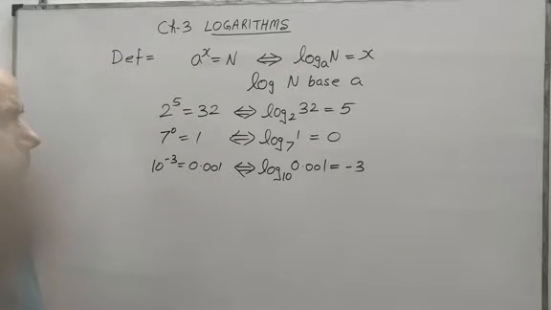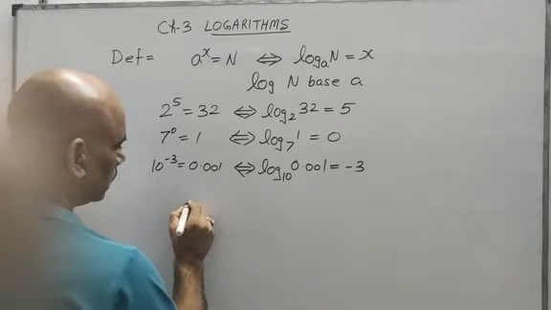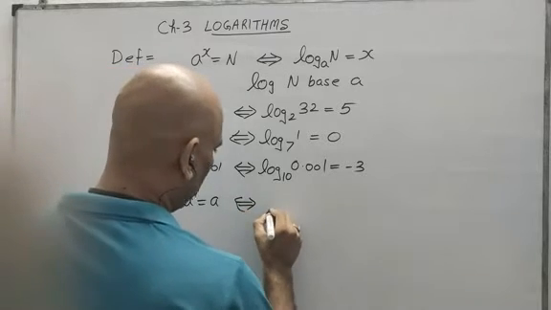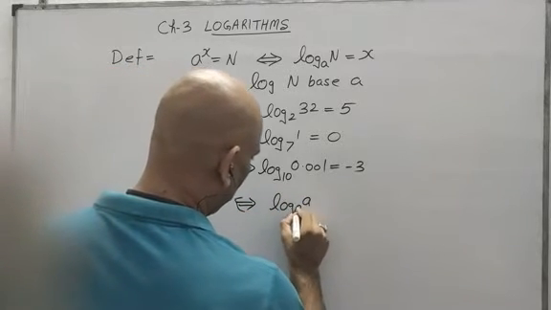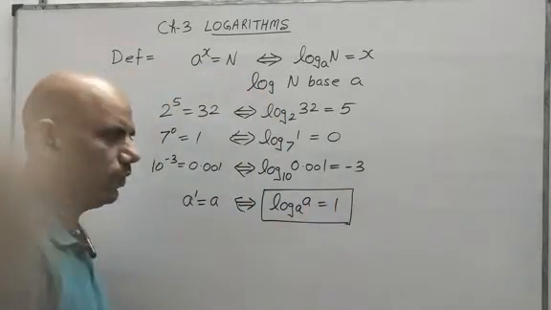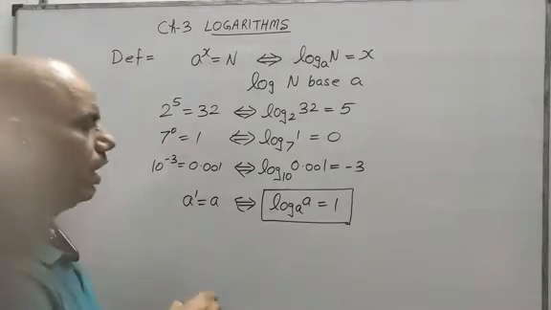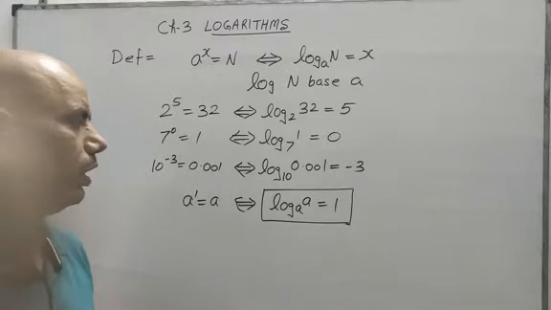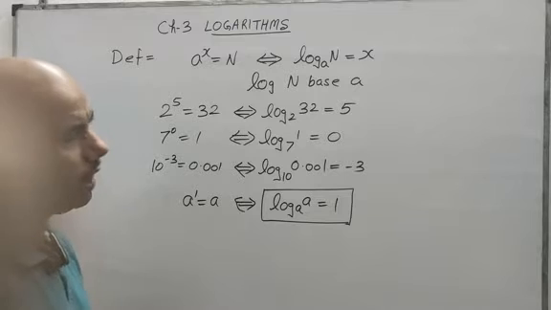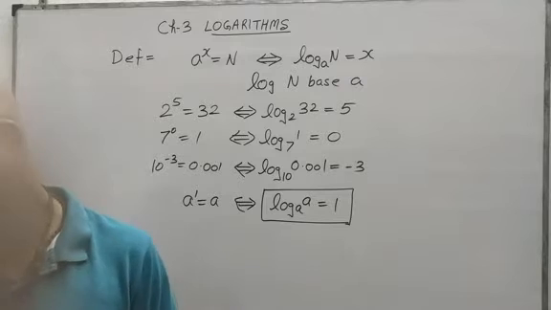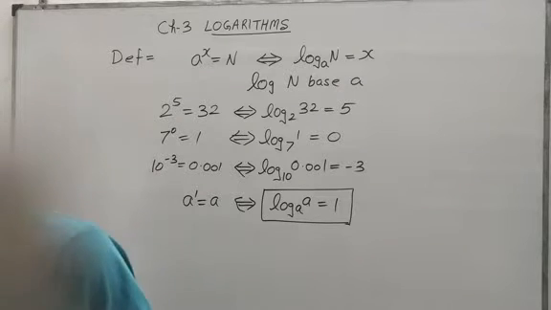What else? What is the implication of it? Since a to the power 1 is equal to a, it gives me a relation that log a to the base a is always 1. This is an important result which we will keep using many times: if the base and the value of the log are the same, the answer will be 1. Now the first of our exercise is based on this much concept only, so let us solve a few questions based on it.